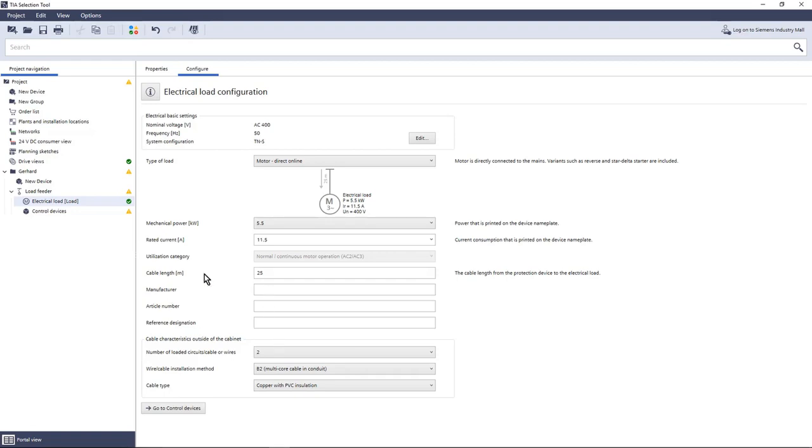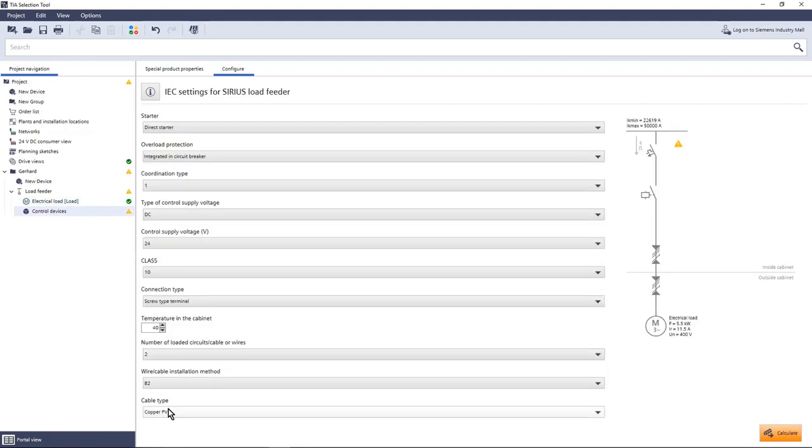Cable length is really important because of the calculation of the short circuit current rating that we must have here. So it's 25, the one you sent, which is a really good thing that we have these distances. Like we were mentioning, we don't have this problem anymore. You will also be able to mention the manufacturer or the type of load if you want to. And down here you also have the possibility to select the cable characteristics outside of the cabinet. Okay. As soon as you have this one released,